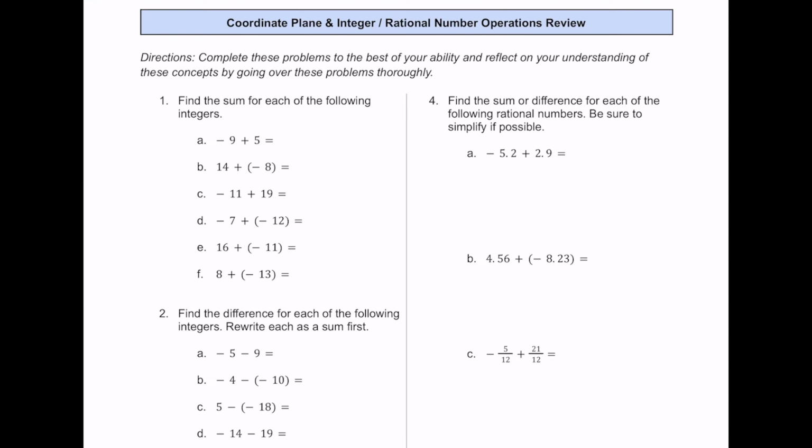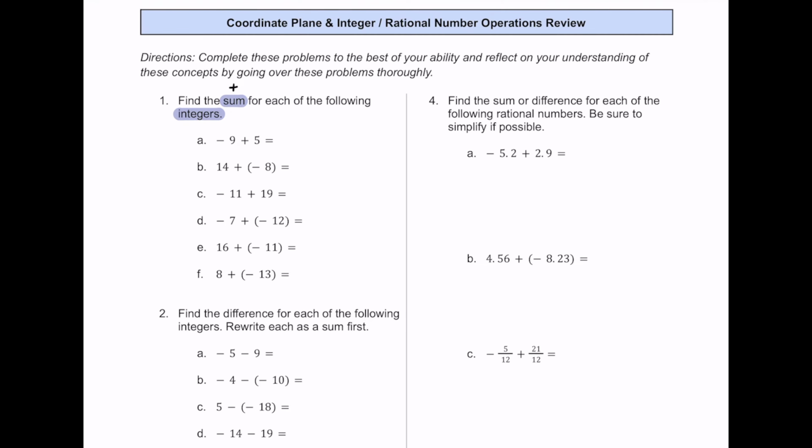Let's work on better understanding the coordinate plane and integer and rational number operations together. For number one, let's go ahead and practice finding the sum of each of these integers. By integers, we're staying away from fractions and decimals right now, and the word sum here means that we are adding, okay? All right, for 1a, we have negative 9 plus 5, so since they have opposite signs, we're